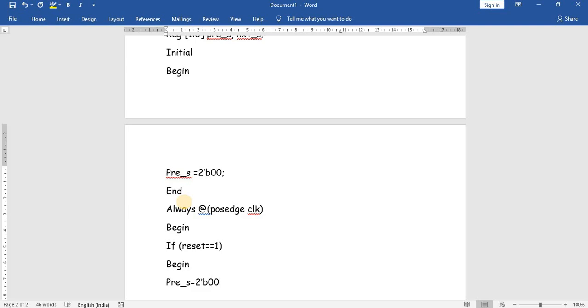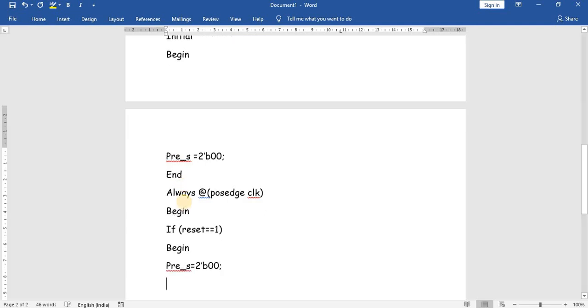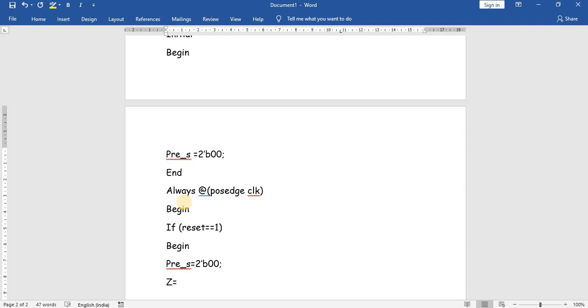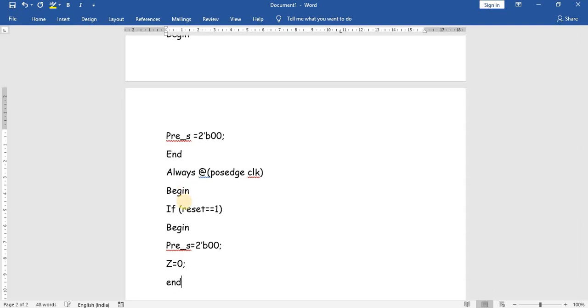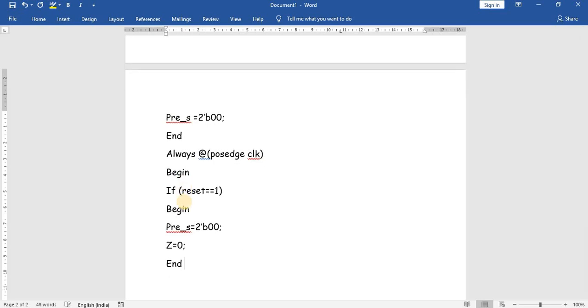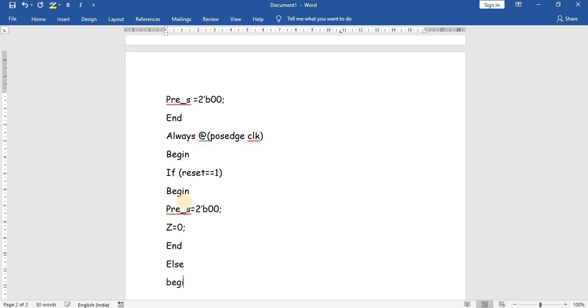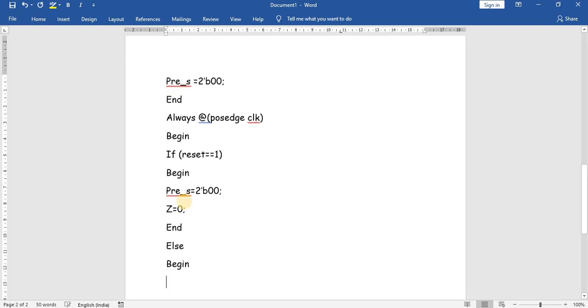After a reset, it should come to the present state as 00, semicolon. The output should be 0. Else, if reset is not 1, then else begin. Now give the corresponding different cases.